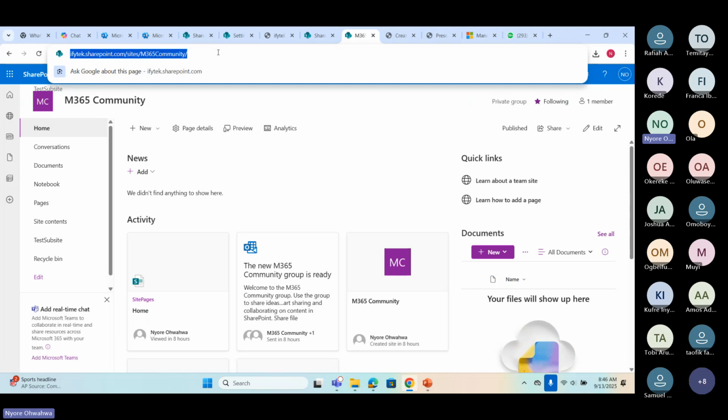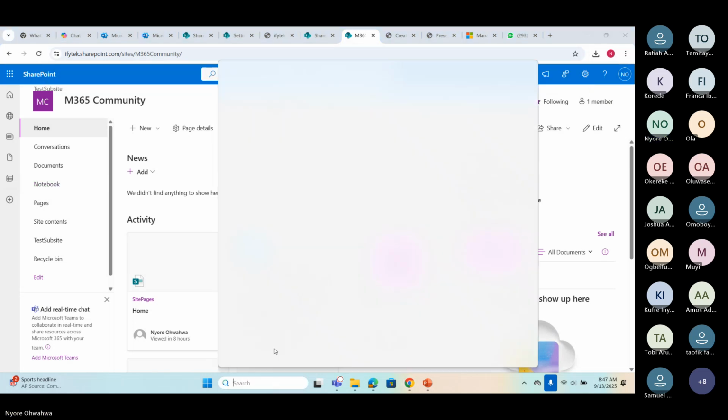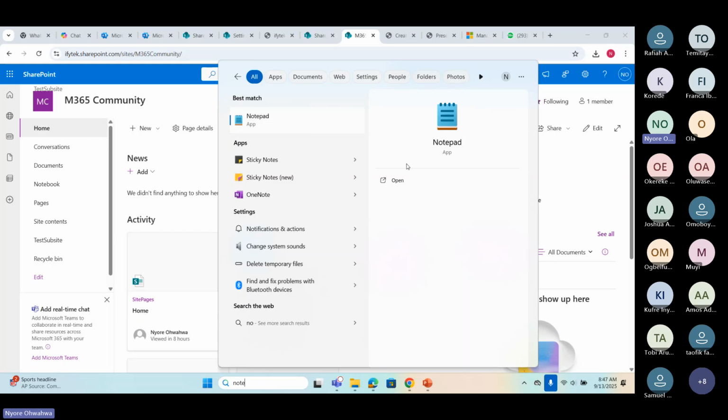So changing site address is basically trying to change the URL of this site. So let's say I have this site and I don't want the site to be named M365 community anymore. So I'm just going to keep this somewhere. Let me look for my notepad.